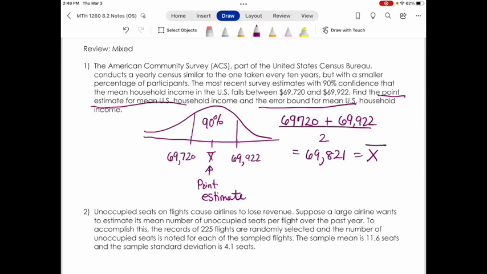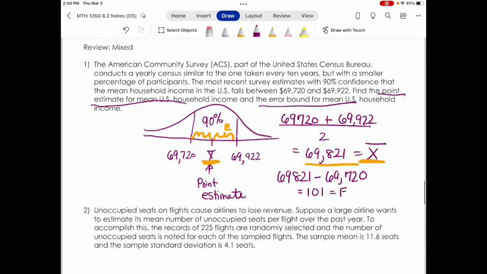Now to find the error, if we know what the center is, this is my center, I just need to figure out what the difference is, and it doesn't matter which value I use, that will give me my error. So I'm going to take 69,821 and subtract my low value, which is 69,720. That's going to give me my error. That will give me 101. So that's our error, or the book calls it our error